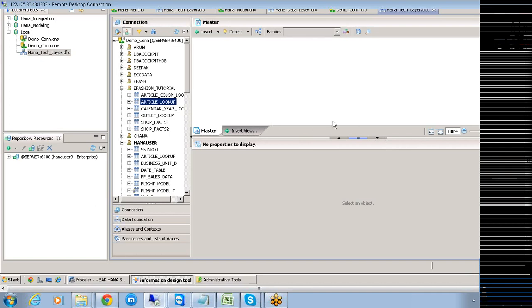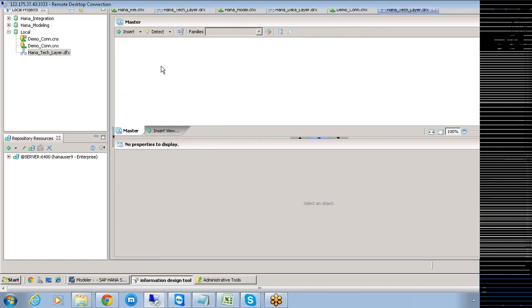So the first thing we need to do, once we make a connection to this particular database, is start adding those tables into this particular layer, and this layer is nothing but your data foundation layer. This is the first step you are expected to do here.